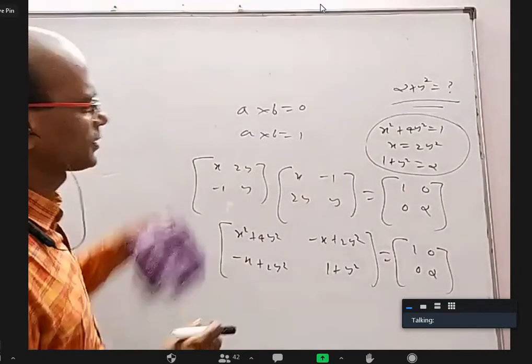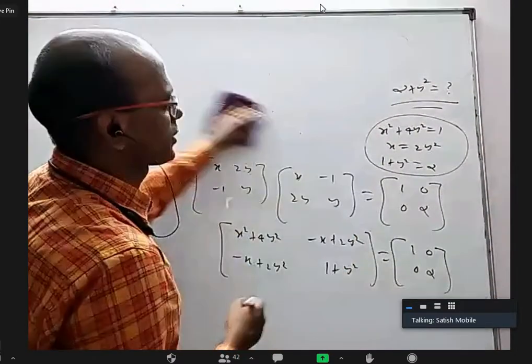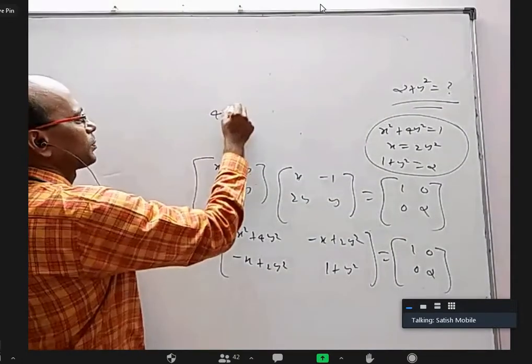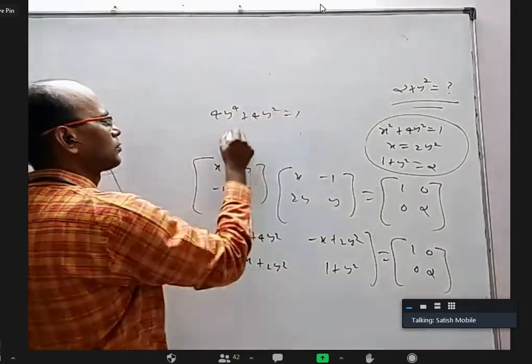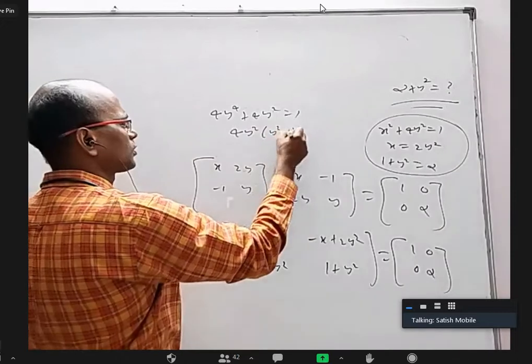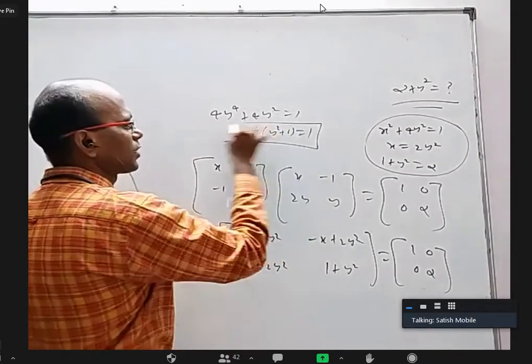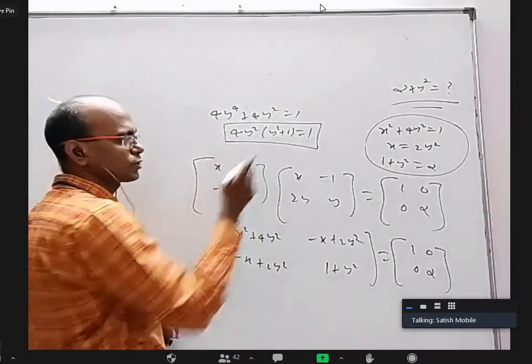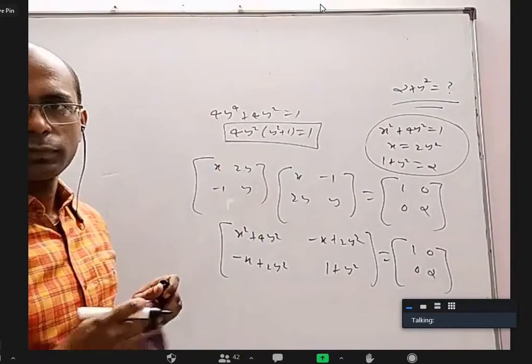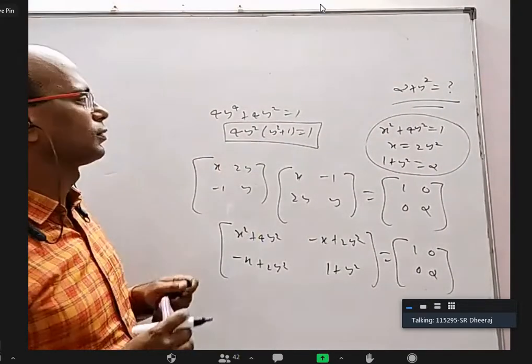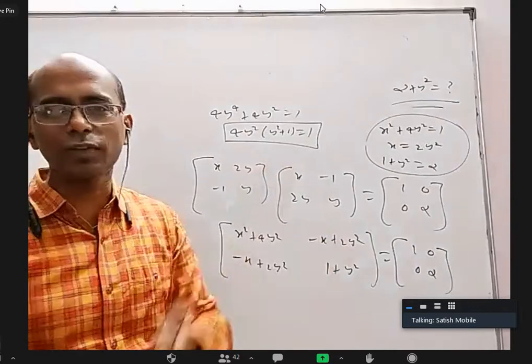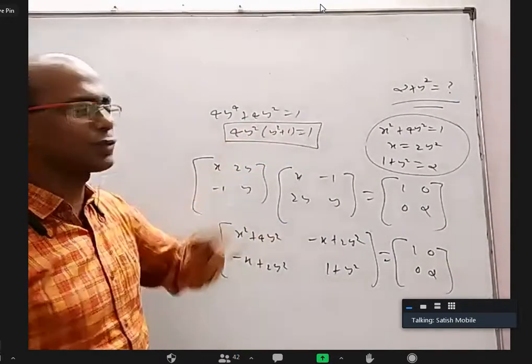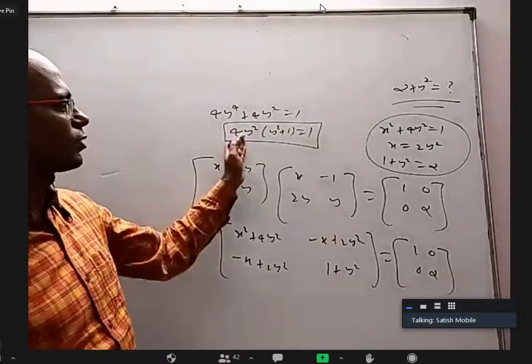What are you saying? I don't understand at all. You substitute 2y square there. You will get 4y power 4 plus 4y square equal to 1. You take 4y square common, y square plus 1 equal to 1. From this, what do you want to conclude? That this should be 1 or this should be 1? No, only when the product is 0 can you say one of them must be 0. When the product is 5, you cannot say one of them must be 5, and when the product is 1, you cannot.